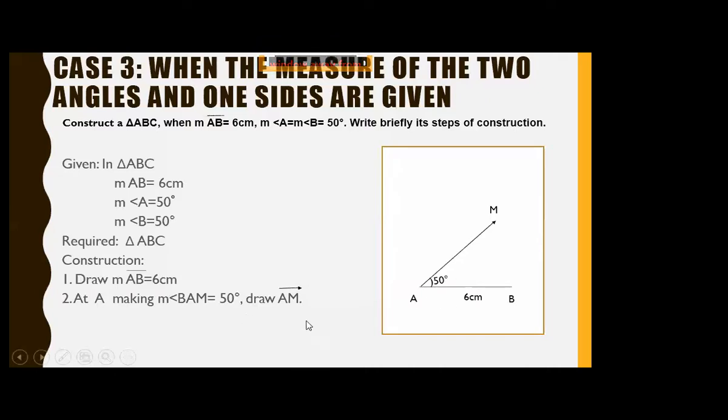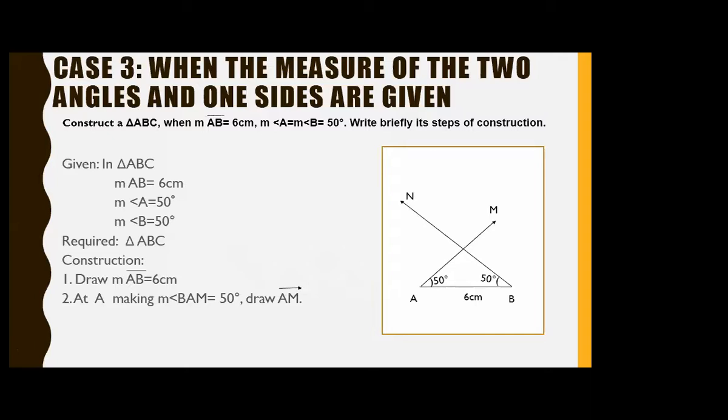At A, BAM is equal to... bilkul sahi, draw AM. Now, what will be the third step of construction? We have to put, where we have to put our protractor? At B, Aisha. Okay. When we put the protractor at B, here we get this